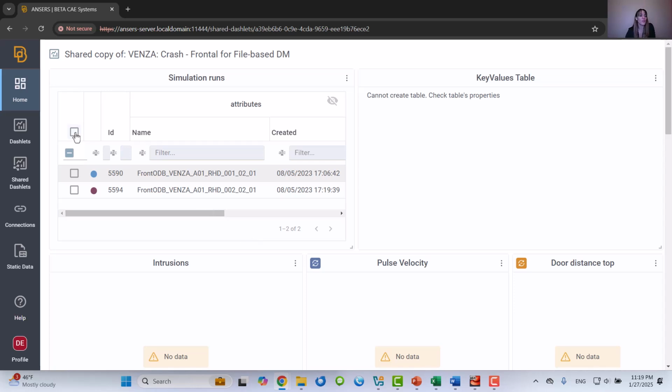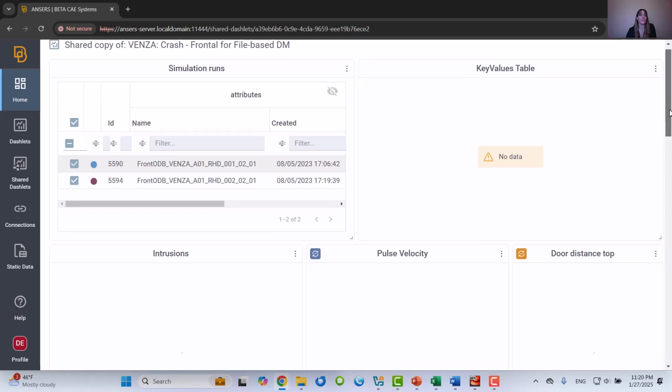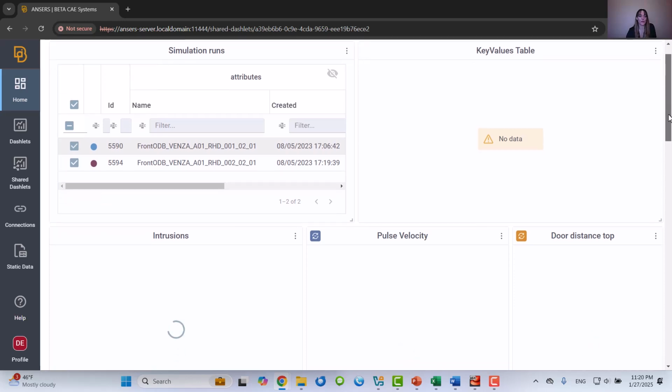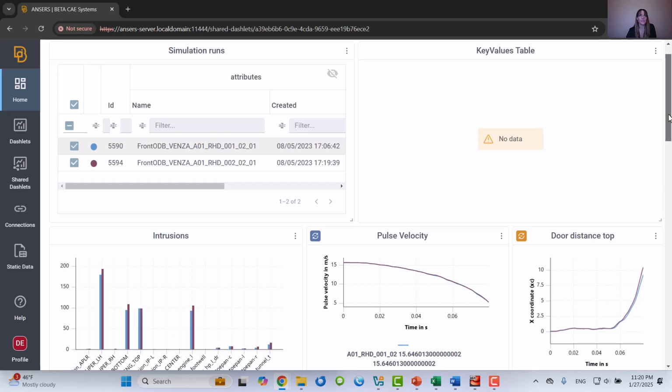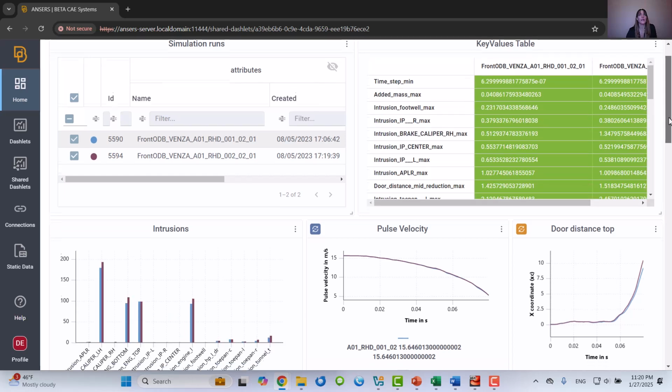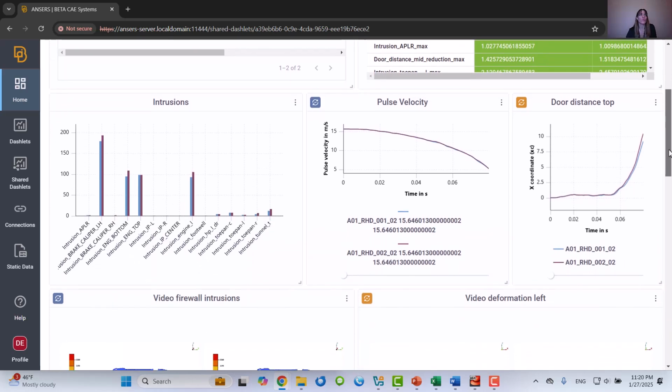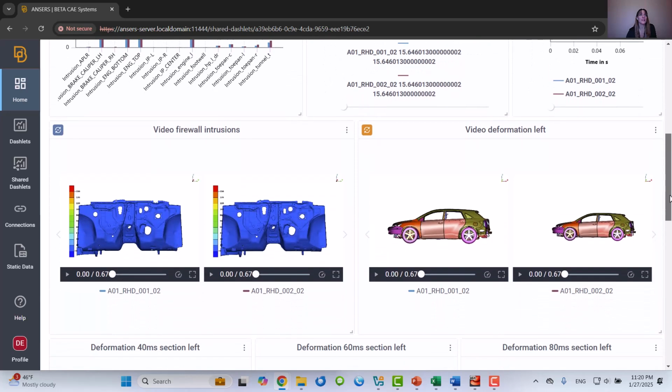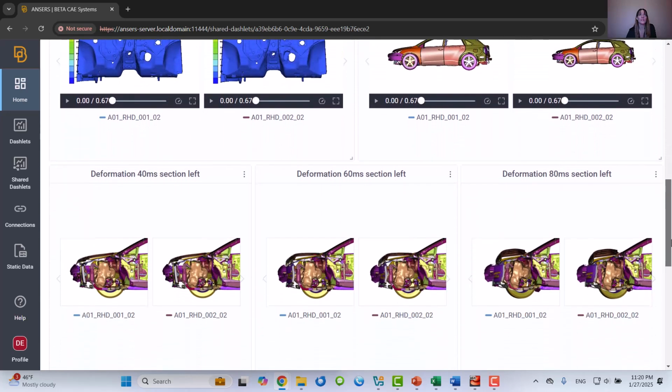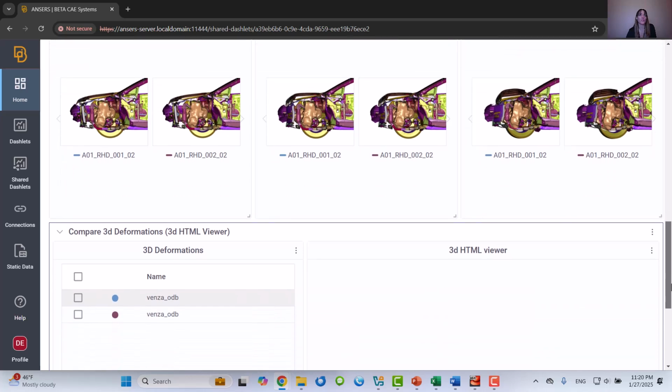You will notice that this user can still see and fetch the results I just shared. I selected two simulation runs, and you can also see that the Dashlet fills the whole page with data from these selected simulation runs.